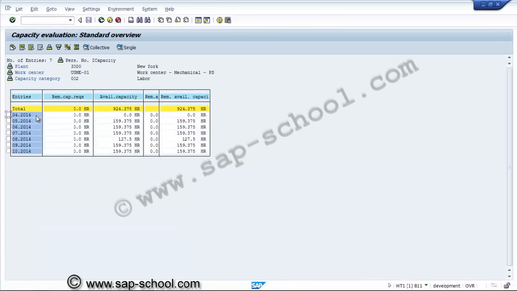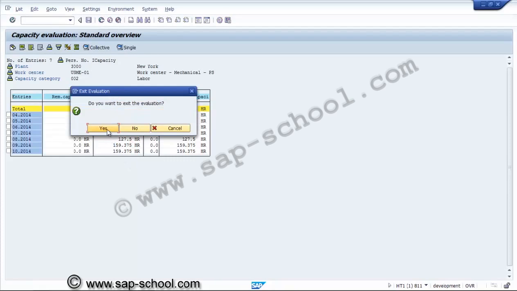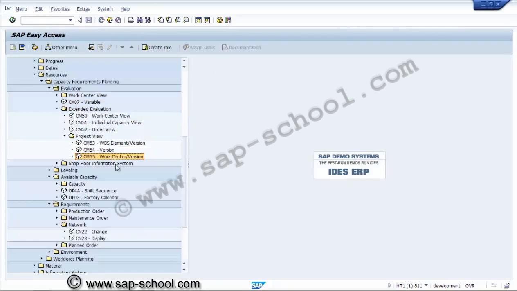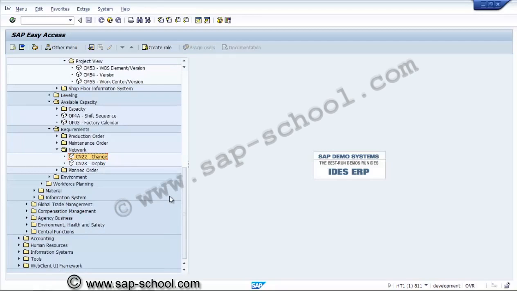So this is the week wise available capacity, 4th week, 5th week, 6th week. Now for the capacity requirements we have to schedule the network and network activities, and we have to dispatch, then only this requirement will be raised. After WBS elements and networks are released, we will see the requirements in the capacity evaluation and capacity